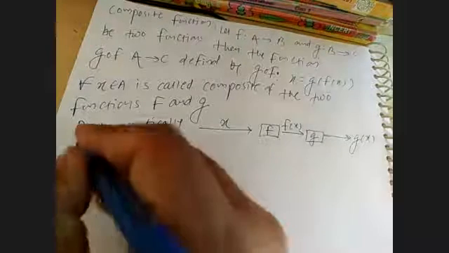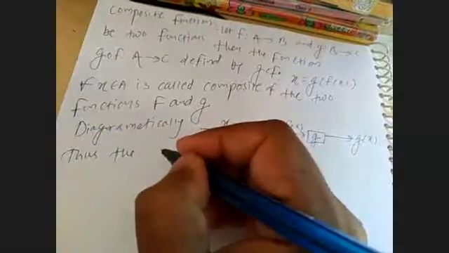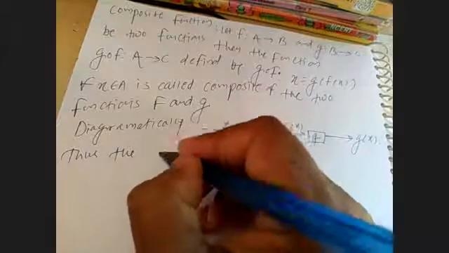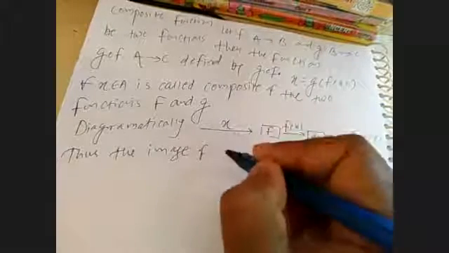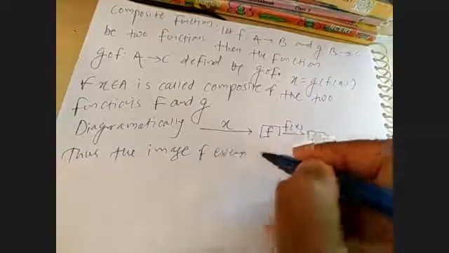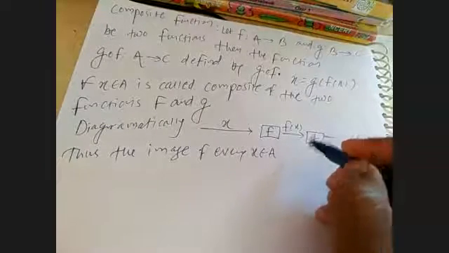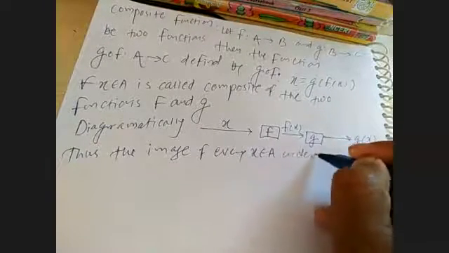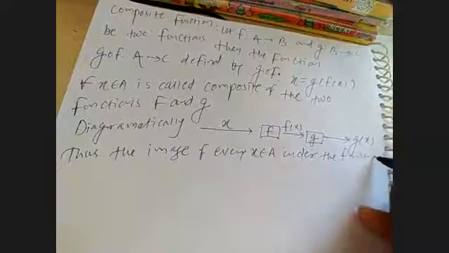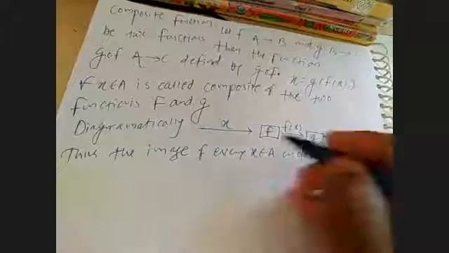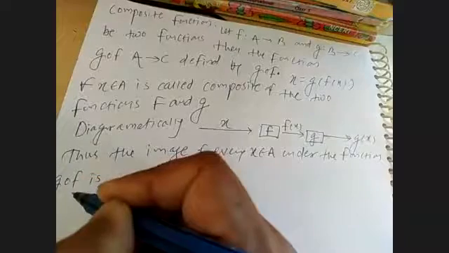Thus, the image of every x belongs to A under the function g of f is